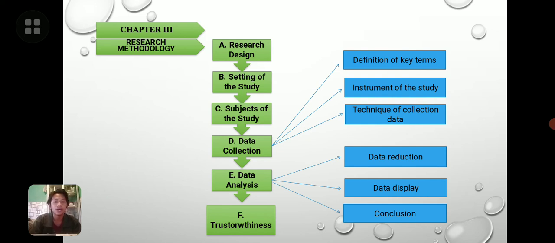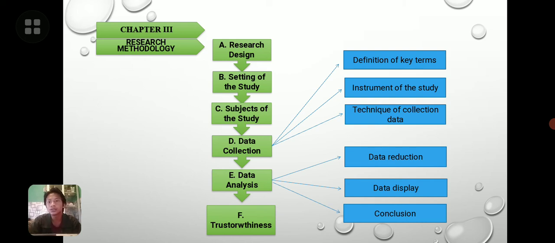Okay, the second is setting of the study. Setting of the study refers to the place and time to conduct a study. The present researcher will conduct the research in SMA 1 Masbagik from March to July 2022.